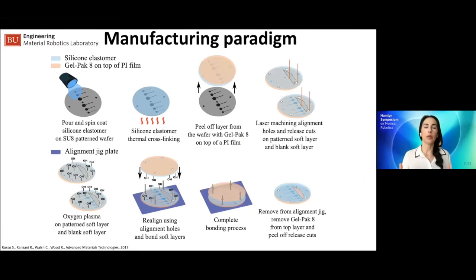I'm going to talk a little bit about how we have manufactured the robotic arm, and especially the building bricks of that arm. So we are using a manufacturing process that involves soft lithography and laser precision micromachining, as well as chemical surface modification to bond together different materials, including soft materials and rigid materials. So we start with